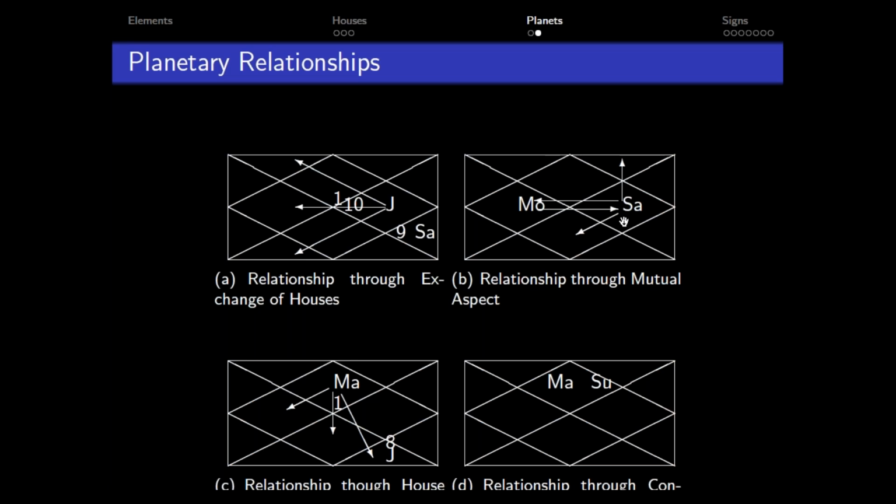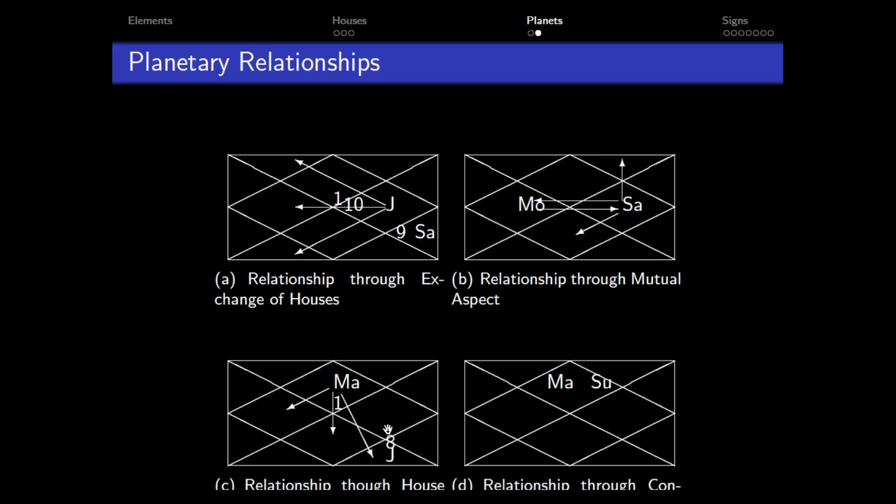Mars has three aspects. It aspects fourth house, seventh house, and eighth house. It is known as Tripadrashti. Apart from the rest of the planets, we'll have only